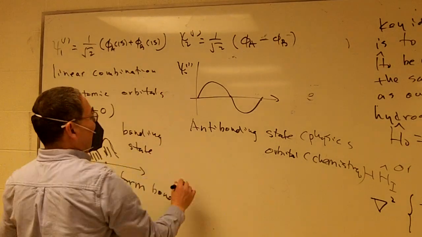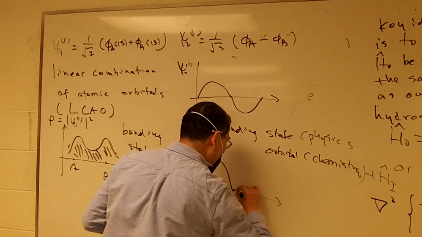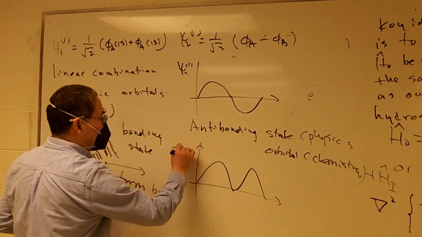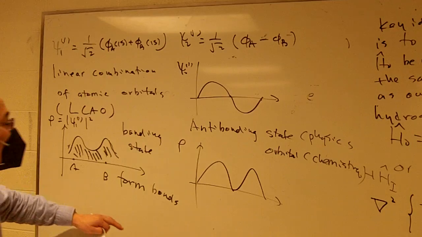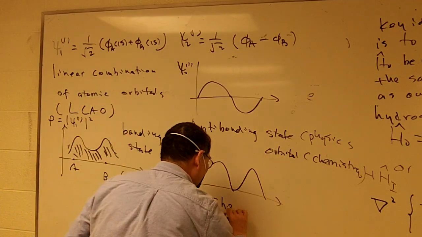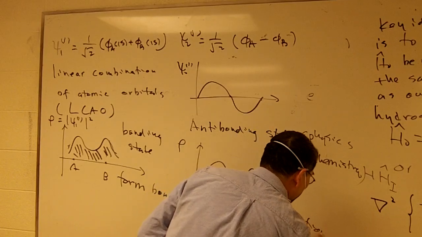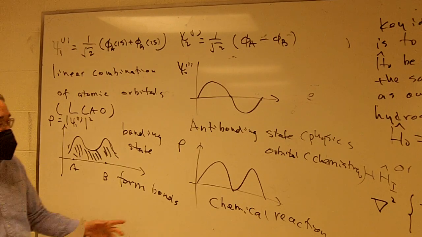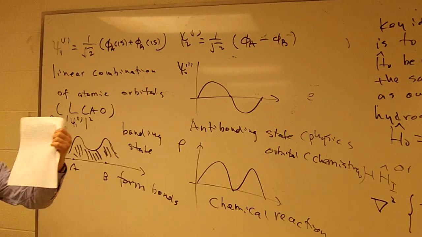If we plot the density, then the density will look like this. These antibonding orbitals are very easy to dissociate. So this is due to chemical bonds that could be dissociated. They are very useful for the chemical reaction, which means you can rip these two hydrogen atoms apart. When you rip them apart, you can have a chemical reaction. It's essentially already in H2 plus, but now it becomes